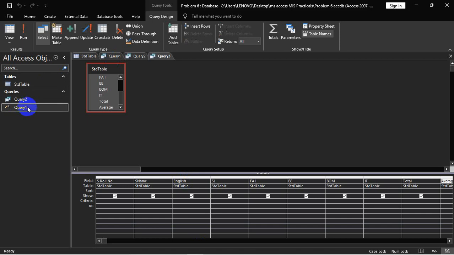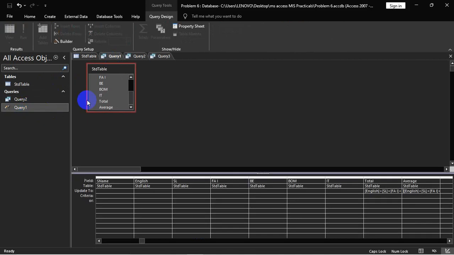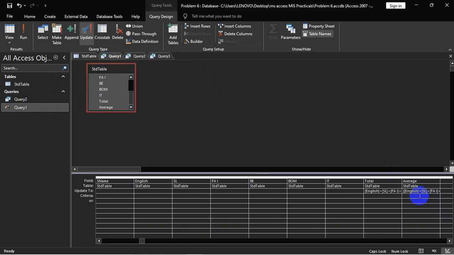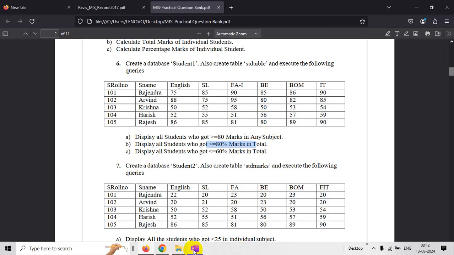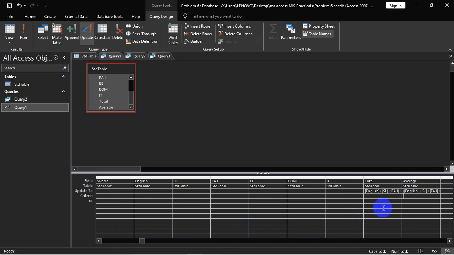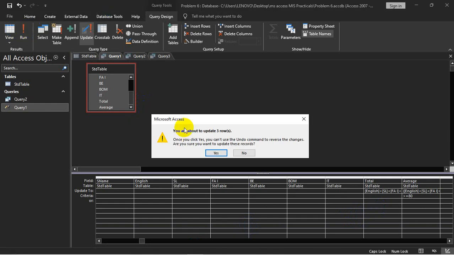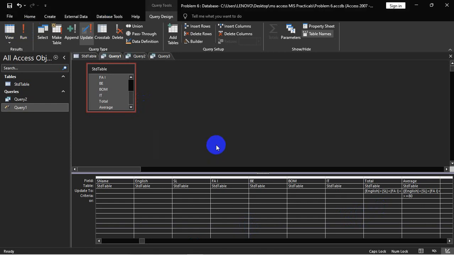So now you have already updated this one. Go to query number 1. Here you have already updated. Here he wants greater than or equal to 80%. Just run it. 3 rows are updated. That's it.